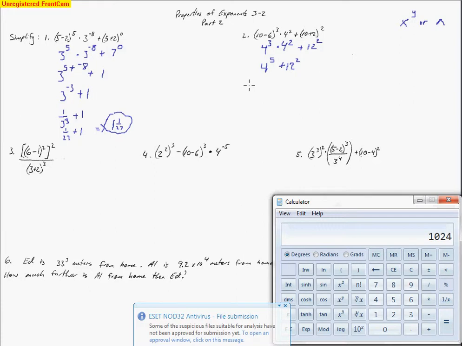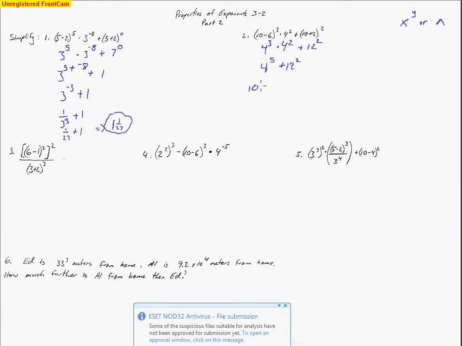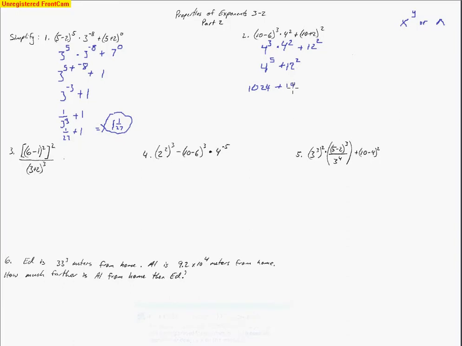So that would be 1024. And then I need to add on, and I know what 12 squared is, and that's 144. And so I can just add those two numbers together, and that gives me 1168. So moving on to the next problem, I've got some work inside the inner parentheses first,